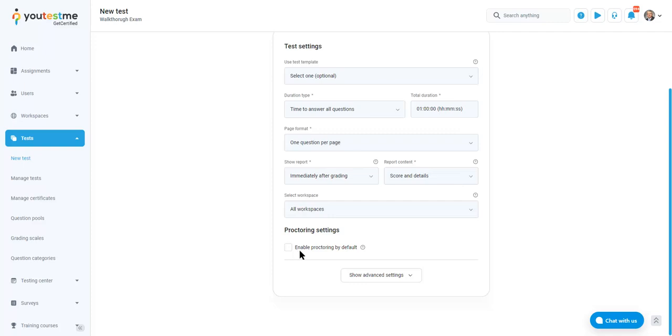Now, one important feature that I want to mention is proctoring. We will cover this in more detail after the student has completed the exam, but basically what we have here is an option to use artificial intelligence to monitor suspicious behavior that occurs during the exam using the student's web camera, microphone, and screen sharing option. This mechanism uses facial recognition and many other tools to help identify cheating and also to